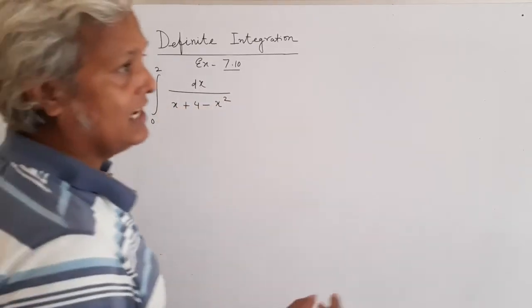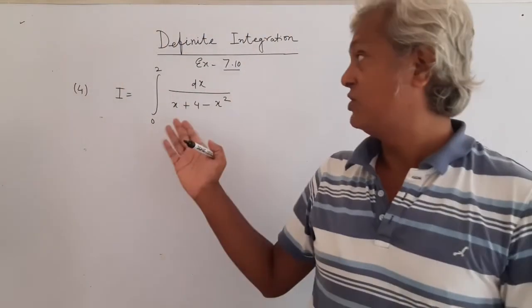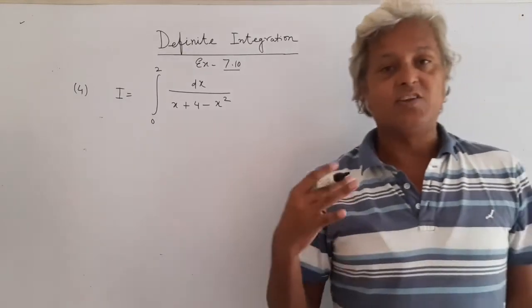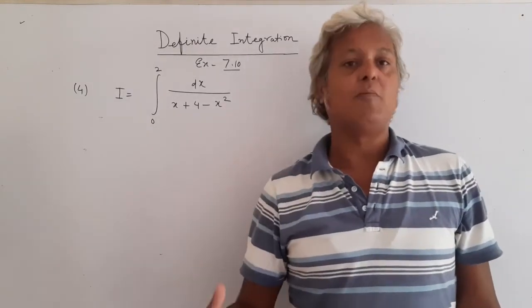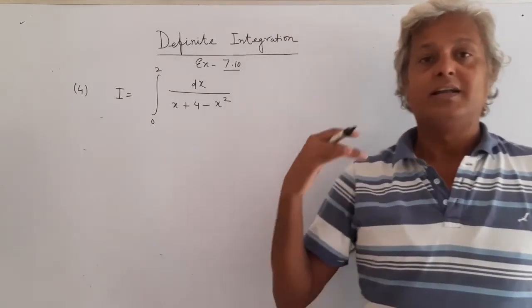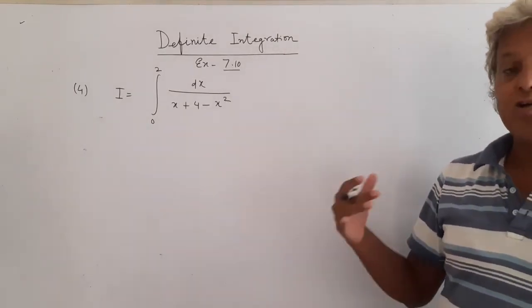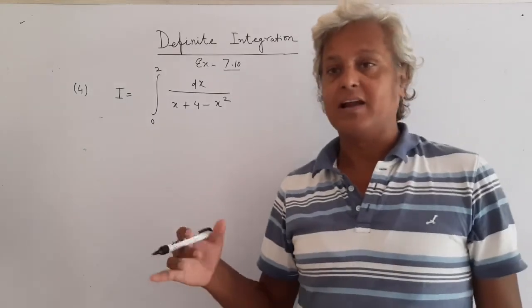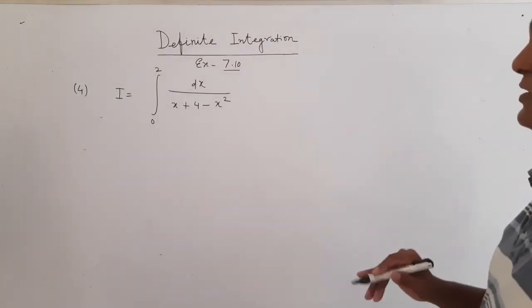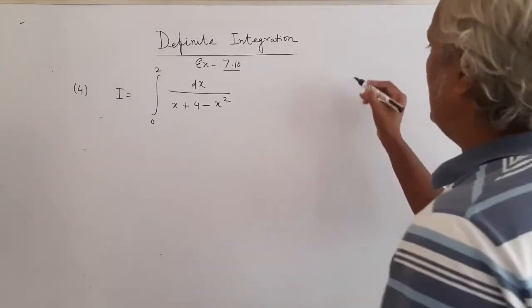Now when you see this kind of expression, where the denominator is a quadratic expression and the numerator has just 1, then you know that it can probably come in the form of 1 over x square plus a square, or 1 over x square minus a square, or 1 over a square minus x square. Means we can very easily convert this expression into sum or difference of two squares. Let's see how.